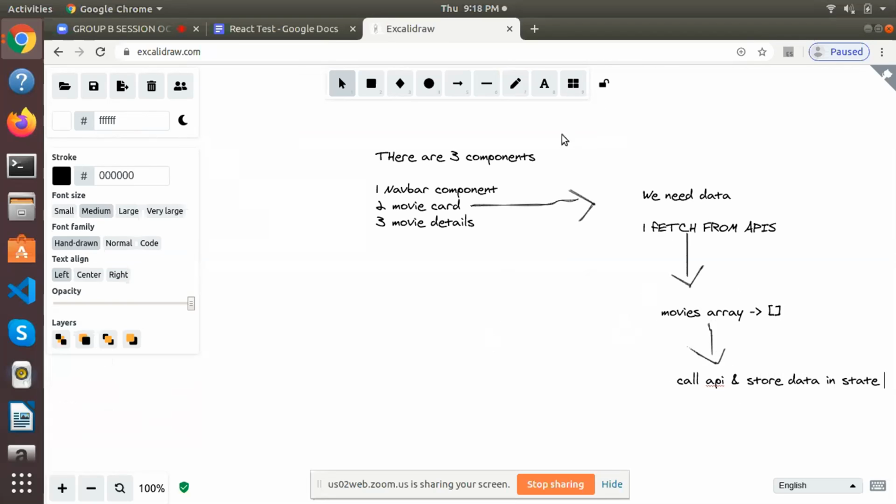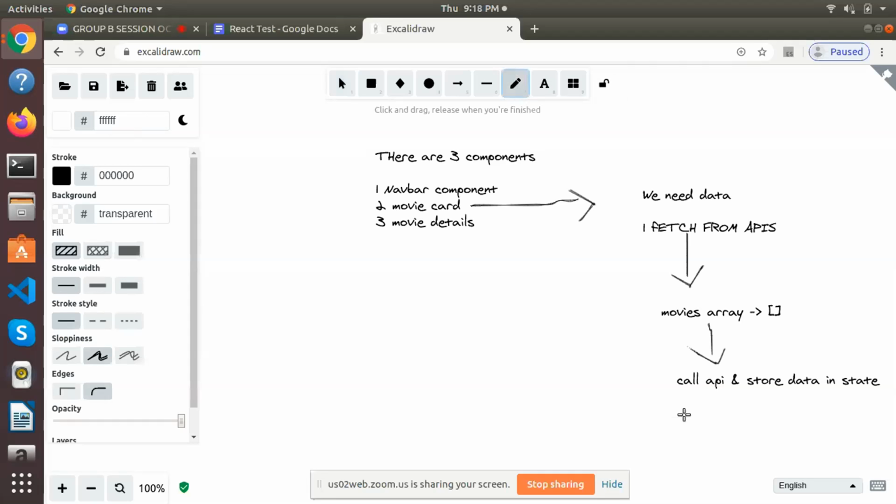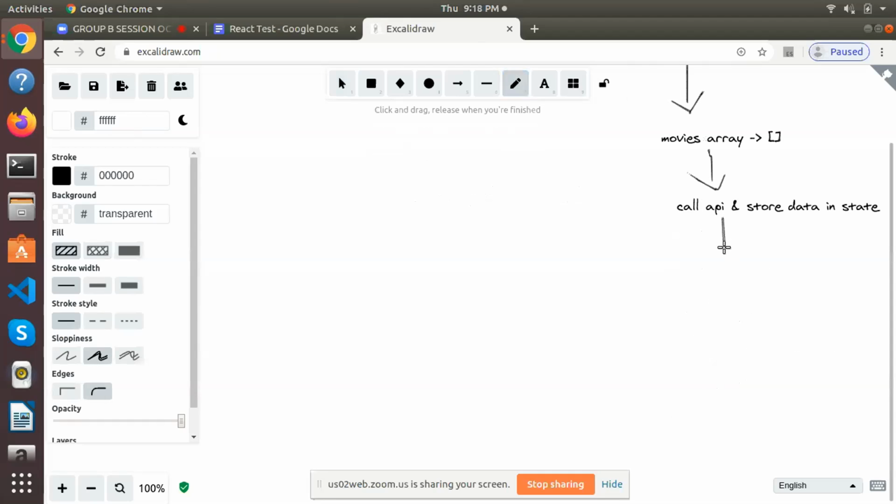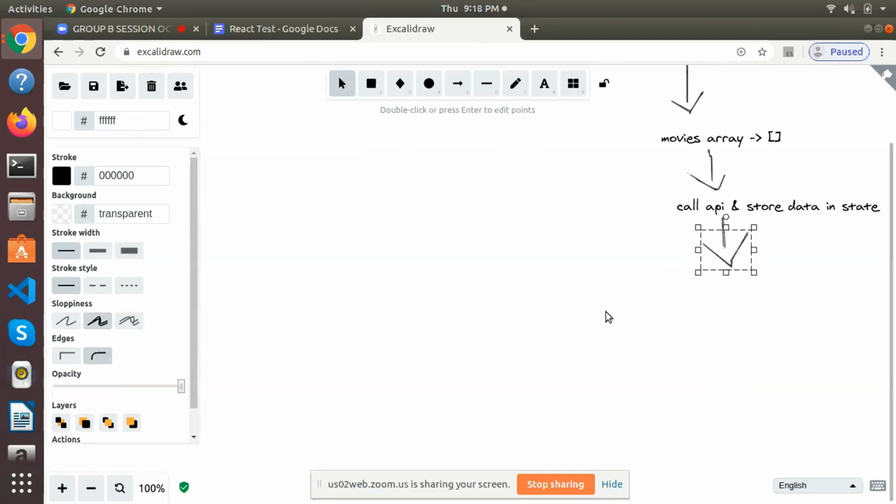Now you are clear on how you are going to store your data. All you have to do now is map over this data and render a card.